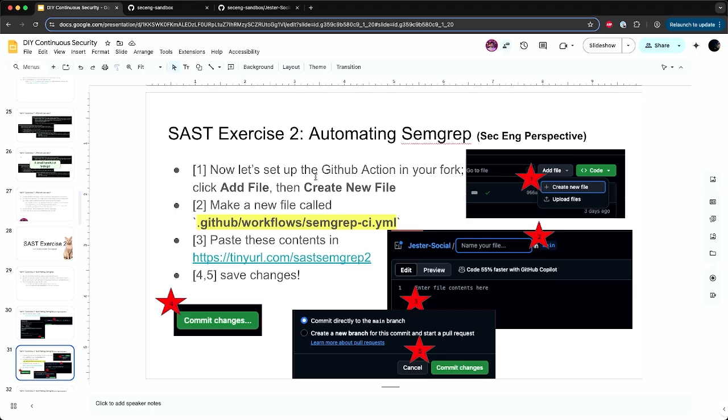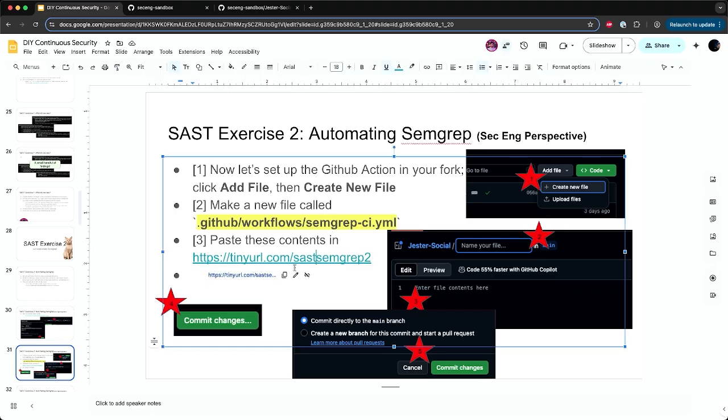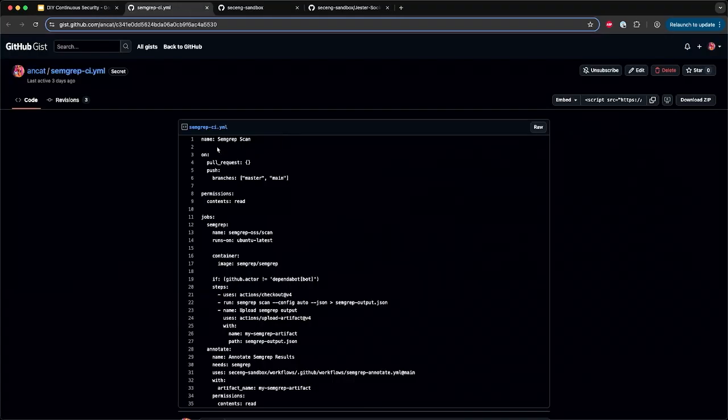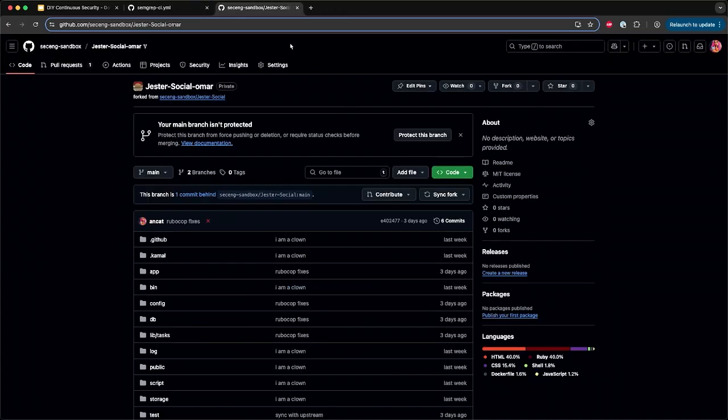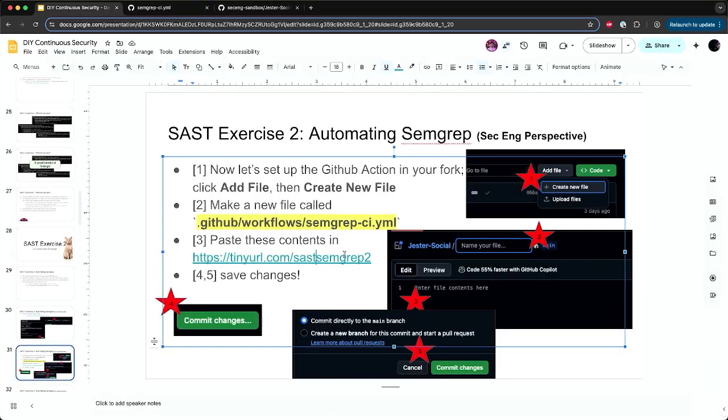So what I'm going to do is set up the GitHub Actions. All the files that we'll be working with are going to be distributed via links. So if you work on your own time, you can literally just click these links, copy and paste as needed. Like we mentioned earlier, our goal is for this to be more conceptual than hands-on, line by line, manual pages kind of thing. So copying and pasting is kind of our goal for you to be able to do. So what I'm going to do is, let's see, it says,